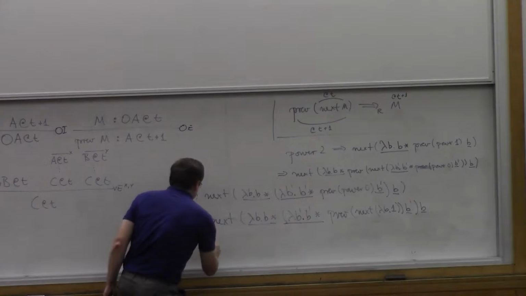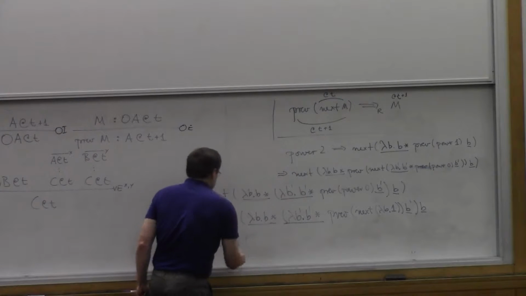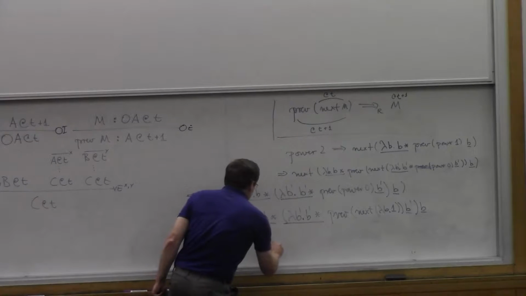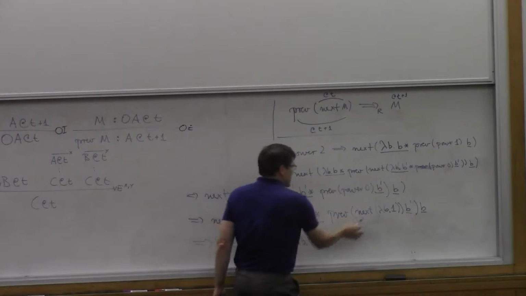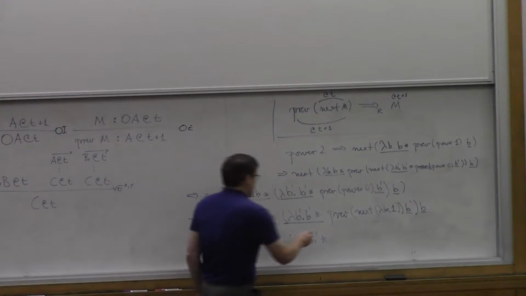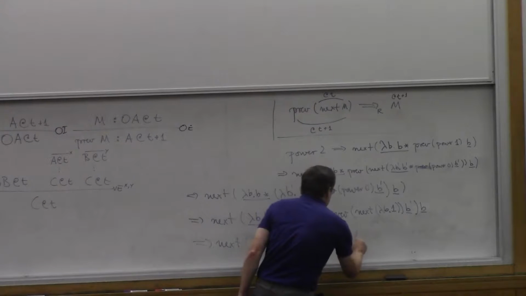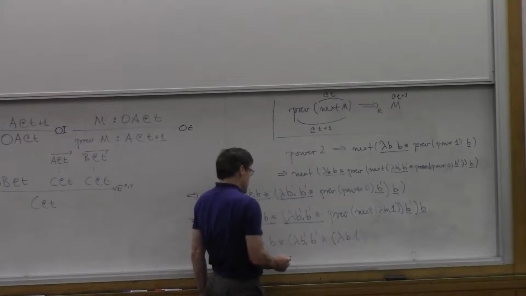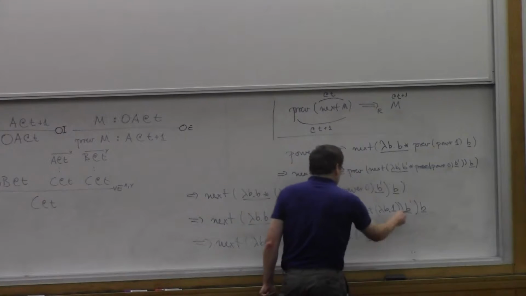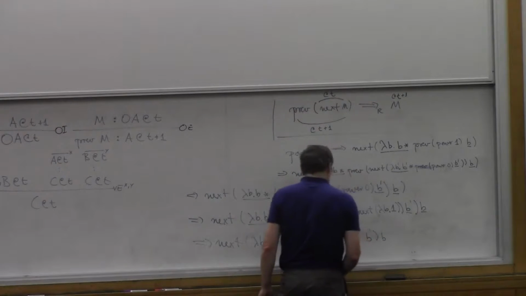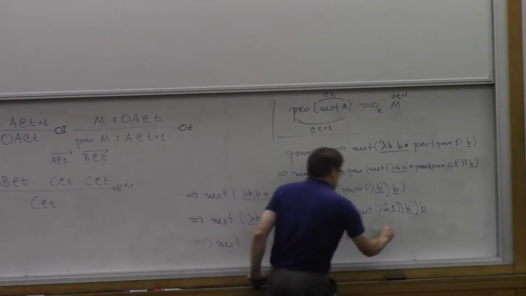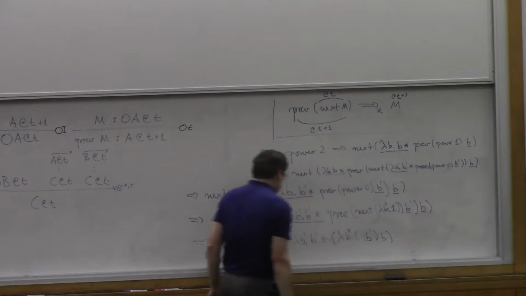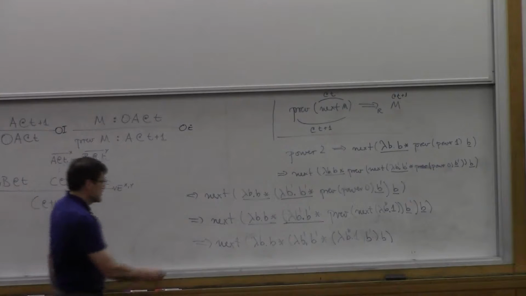So then this becomes next of lambda b times lambda b prime times, prev of next becomes what? Lambda b dot 1, and then that's applied to b prime, and then the whole thing's applied to b again. So probably this should be a double prime here. One more close, which probably was missing already here. All right, so that's what I get, and this is all now underlined.